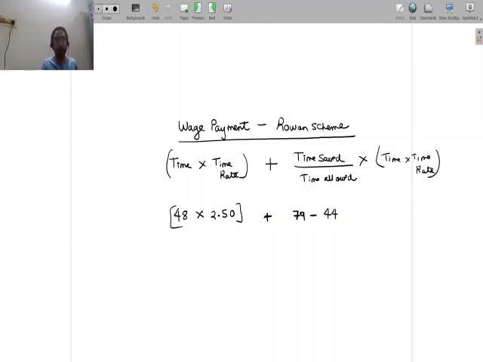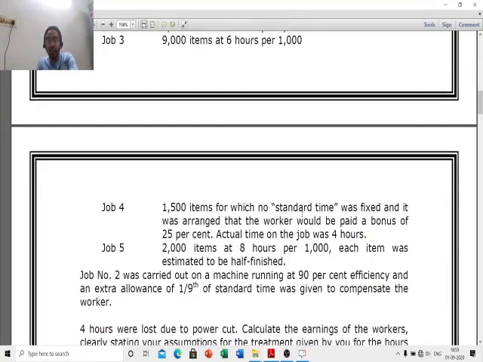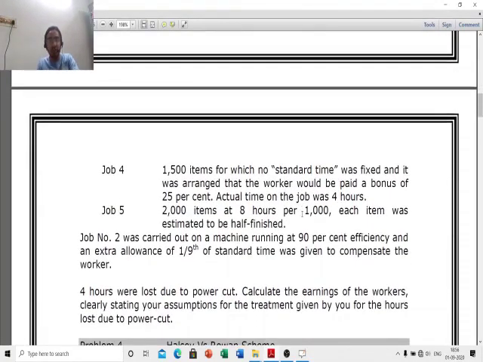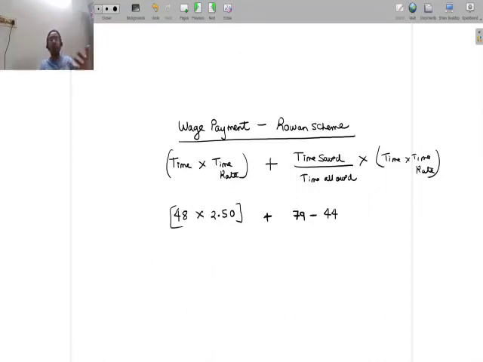Then the management may come and ask, there you wanted minimum for 48 and 2.5, so why don't they say 79 minus 48 here? Here the workers say, I want 44 hours. Now again, that is why the question tells us, please note clearly, it talks about assumptions. We can say that this argument that the workers may pose is taken because the larger the gap here, the larger the time saved, the more bonus they will get. So as workers, they may definitely want that. Will the management buy that statement or not? We assume that they probably would. So we can say divided by time allowed 79 into time taken into time rate.